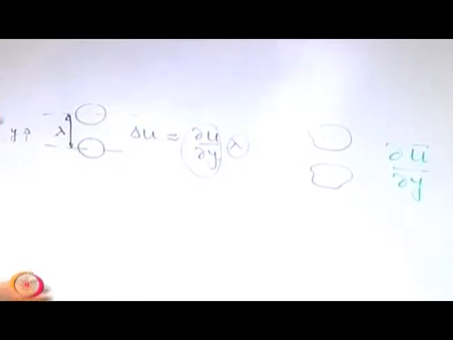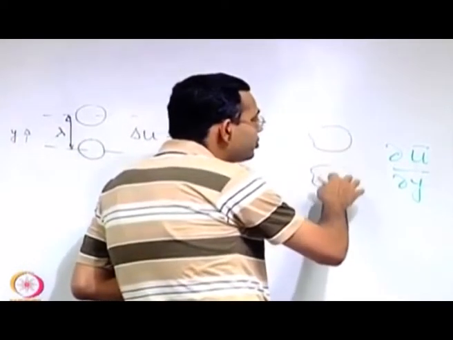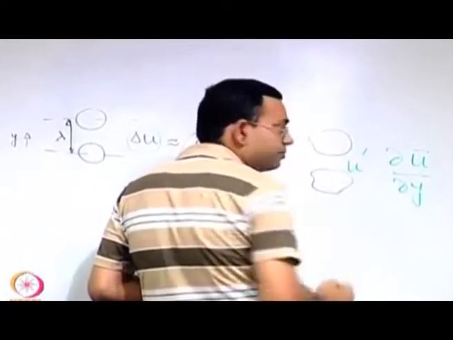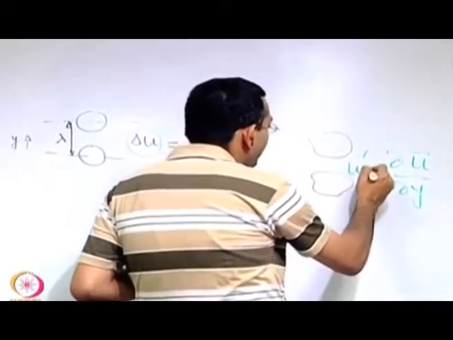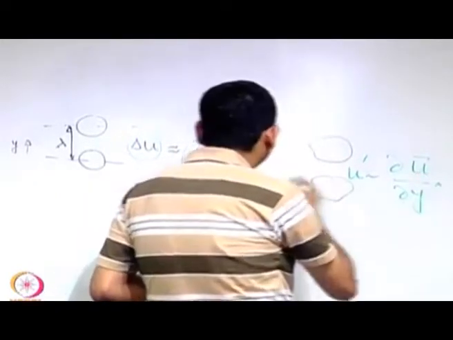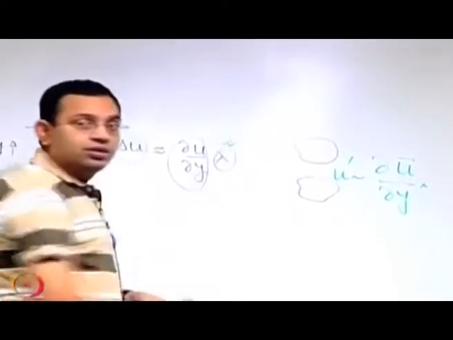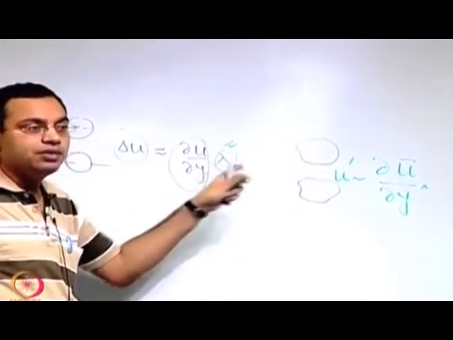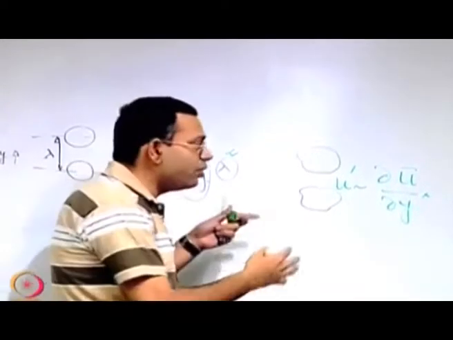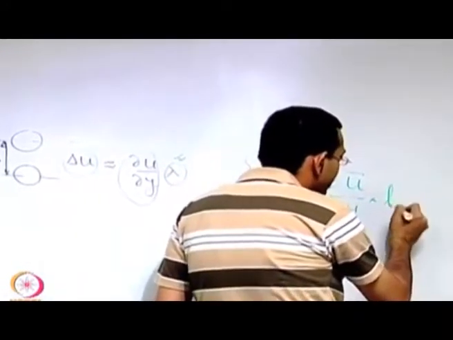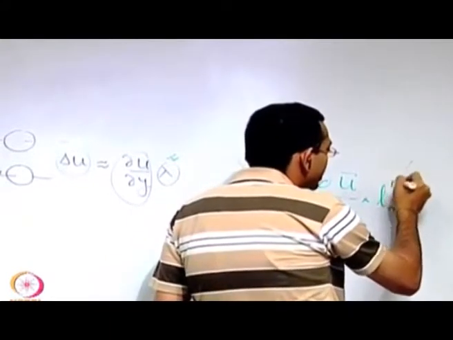Now if you want to see what is the relative fluctuation between these two, that is analogous to this delta u. So let us say that is u prime. So when you are describing u prime approximately, or the scale of u prime, you have to multiply this with a length scale, just as you did for the molecular picture, the mean free path. Here you do not have an obvious mean free path type of concept, but if you think of an equivalent length over which maybe one eddy has interacted with another, then that equivalent length Prandtl introduced as Lm, and he called it the mixing length.